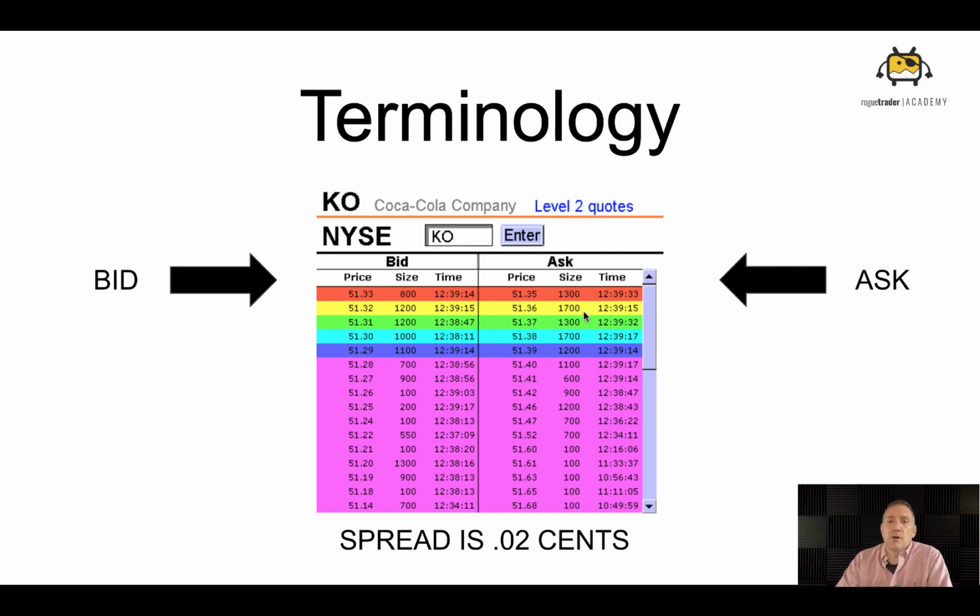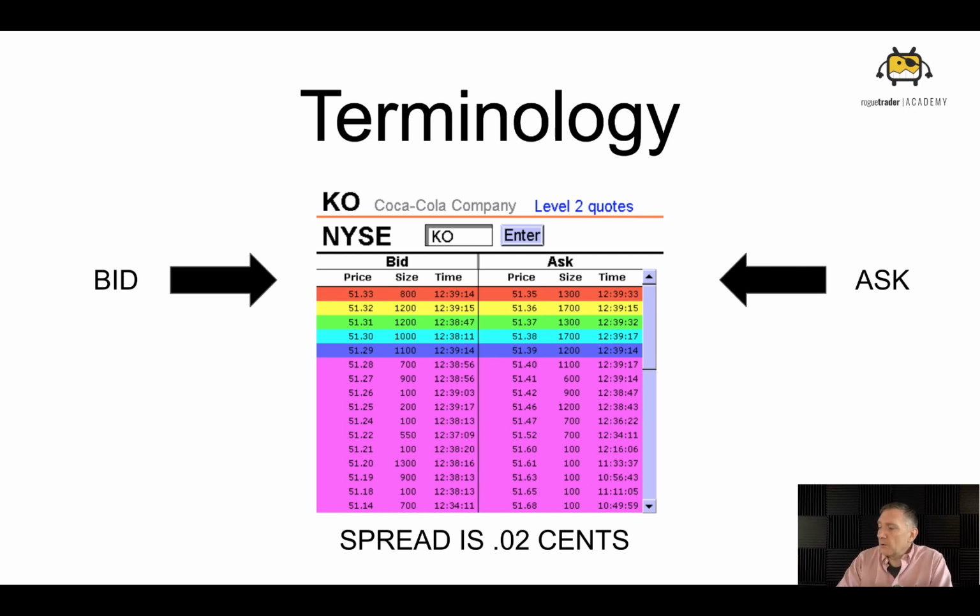So let's say here in Coca-Cola, I wanted to buy 10,000 shares. Well, look, there's 1,300 here, 1,700 there, 1,000 there, 1,700. So I need to hit 4, 5, 6 levels more to get all 10,000 shares, and that would move the price up to around 51.41, 51.42, somewhere around there. If this were very thinly traded, for all I know, it could take me all the way up to $70 to get out. Even though the market looked like it was trading around $51, $52, it could really take a big chunk of cash away because I'd have to pay that big spread.